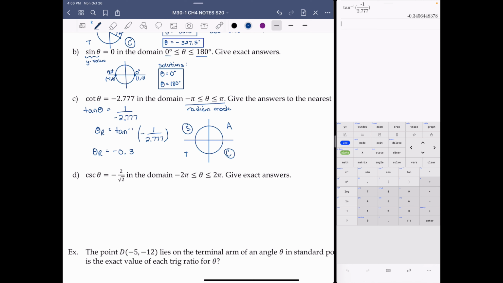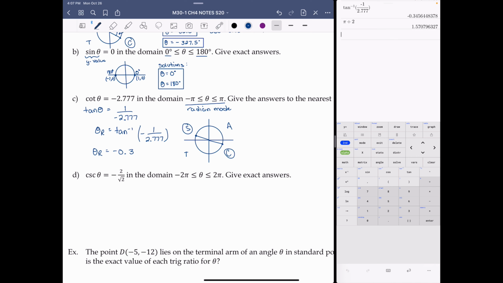How much is that in terms of a quadrant? One quadrant is pi over 2. Let's see what that equals. Pi divided by 2 is 1.5. So 0.3 is quite a small portion of that. So let's say that 0.3 is maybe about here and here. Somewhere in there, we know it's in those two quadrants, and we know that the reference angle is 0.3 or